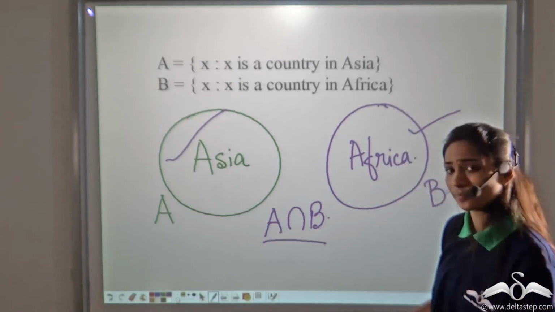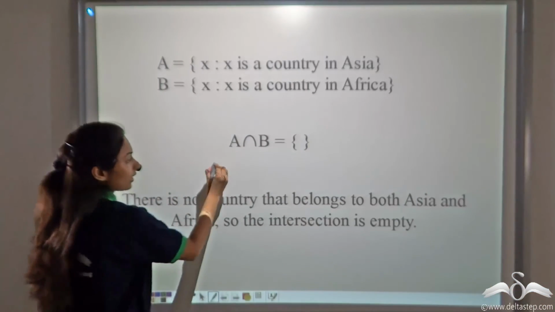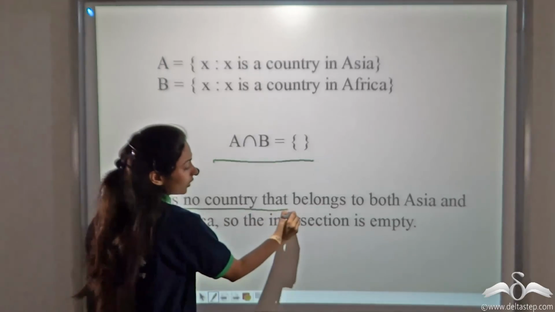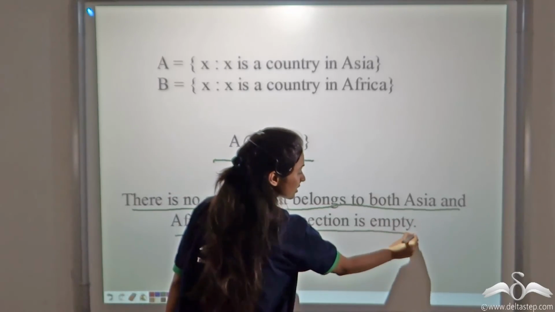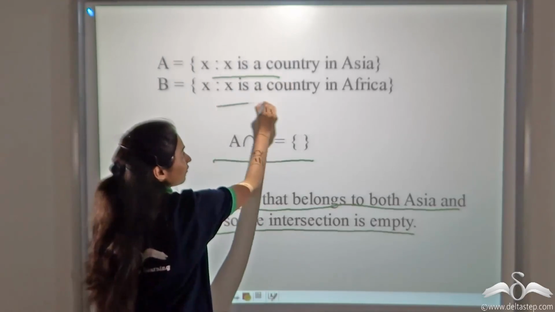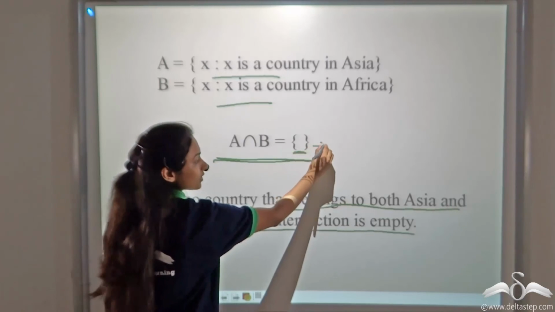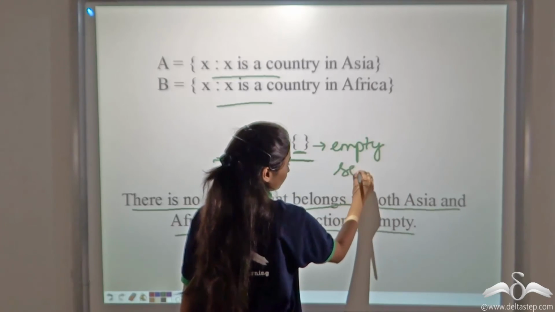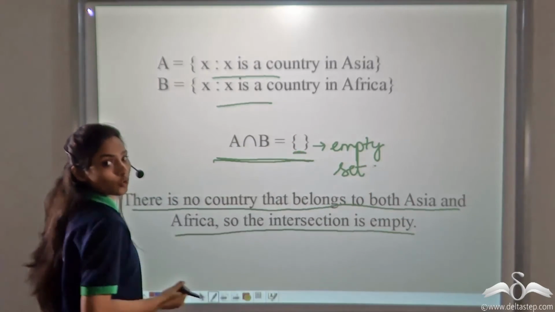So what will be A intersection B? A intersection B will be an empty set. Why? Because there is no country that belongs to both Asia and Africa. So the intersection is empty. We did not have any country that is present in both Asia and Africa. So A intersection B is an empty set. A intersection B contains no elements over here.